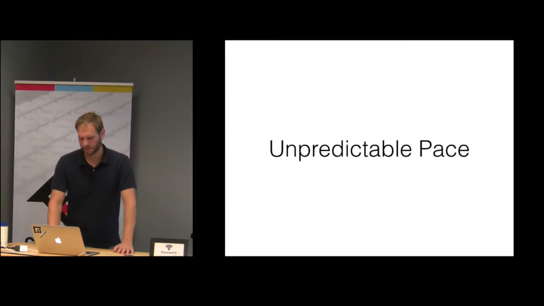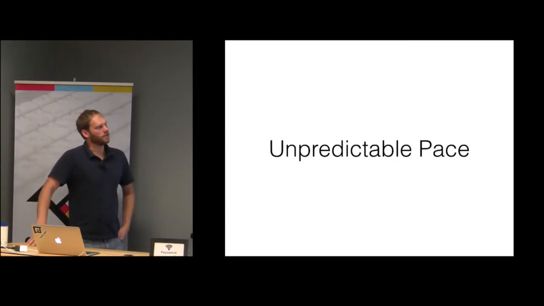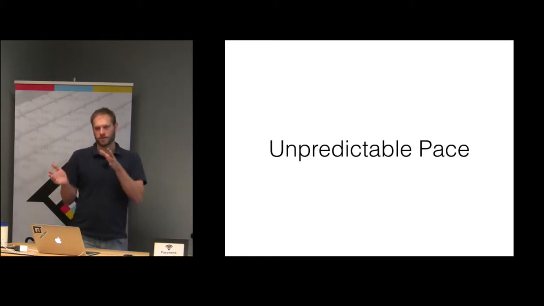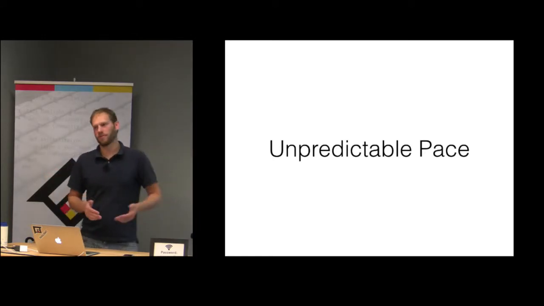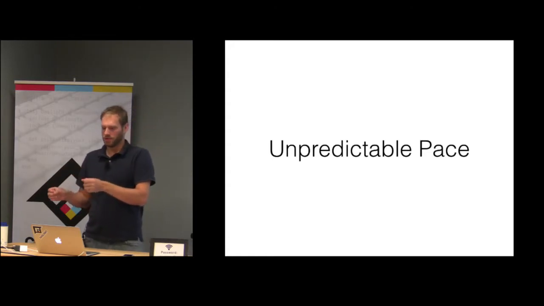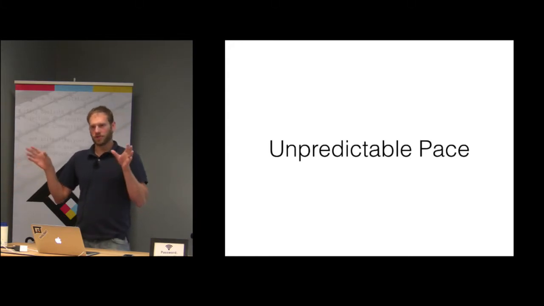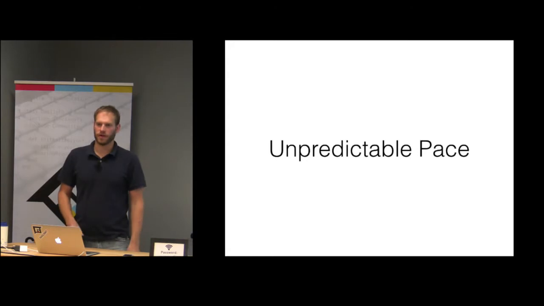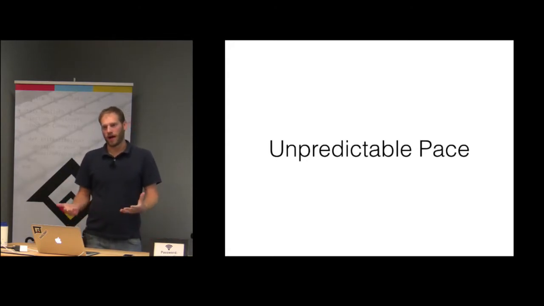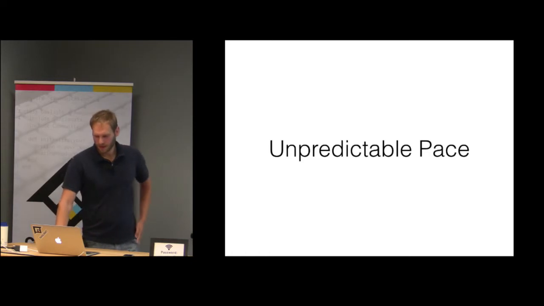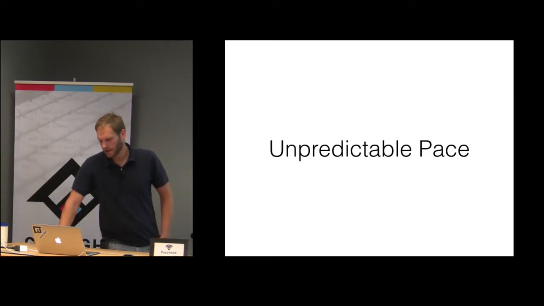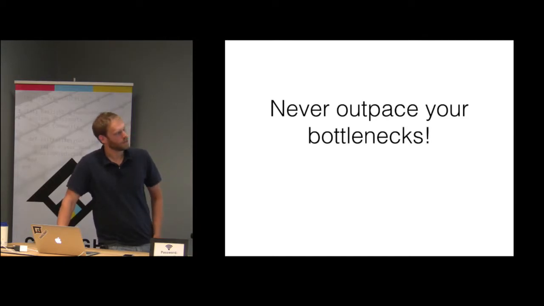The way that we work with this unpredictable pace is that we find a way to mitigate some of the costs of unpredictability. And again, when we're working with an unpredictable system, we have these somewhat opposing goals where we don't want to outpace our bottleneck. You never want to do more than what your bottleneck can handle. At the same time, your bottleneck changes from story to story every single day, right? And that's a really hard thing to optimize. Well, you can do a couple things. One of them is, don't outpace your bottlenecks. But this is where you use buffers, okay?